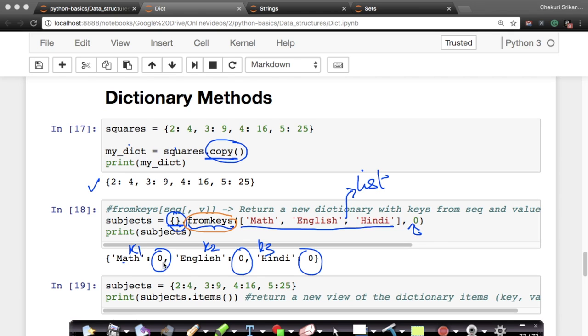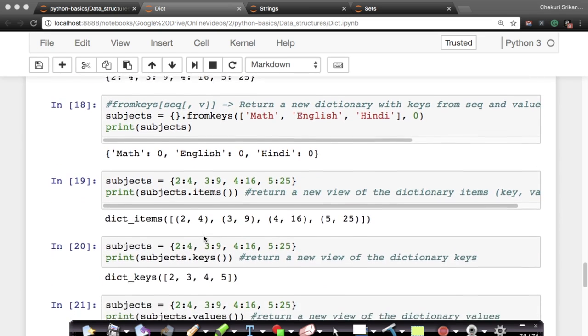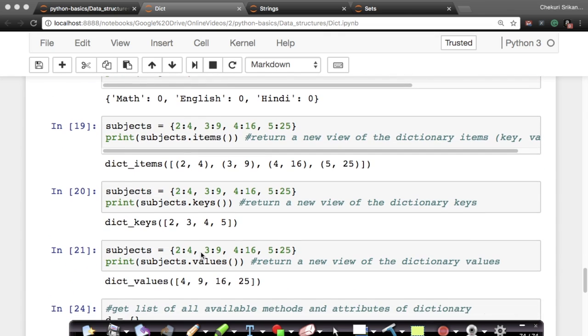So it gives maths equals to 0, English 0, Hindi 0. Okay. Now let's go down. And by the way, there is another way of doing it. If I have a dictionary like this, and subjects is the name of my dictionary